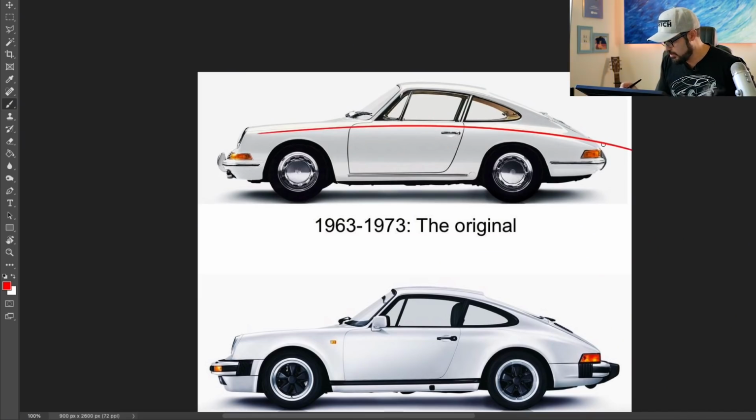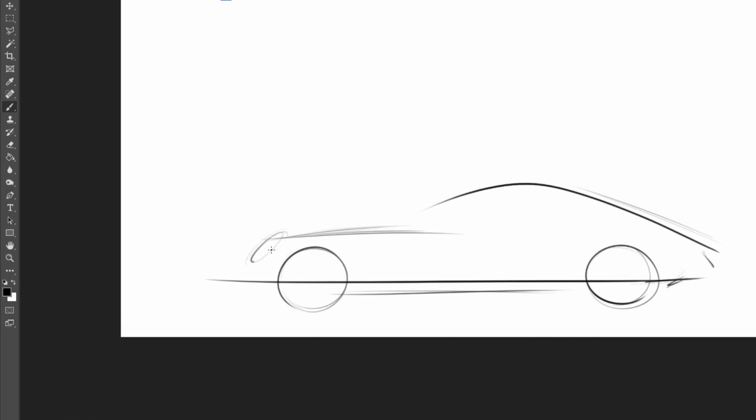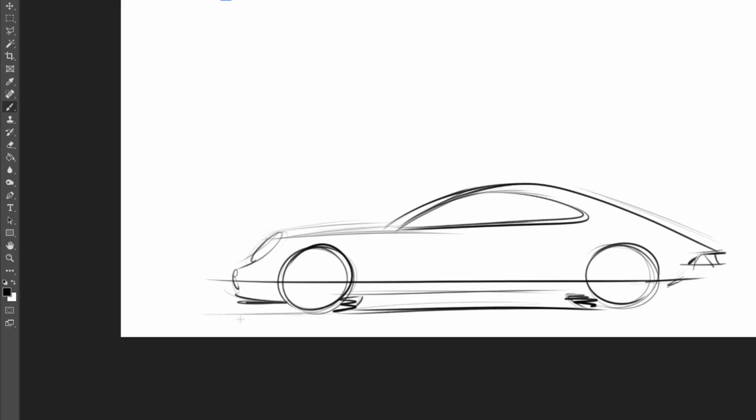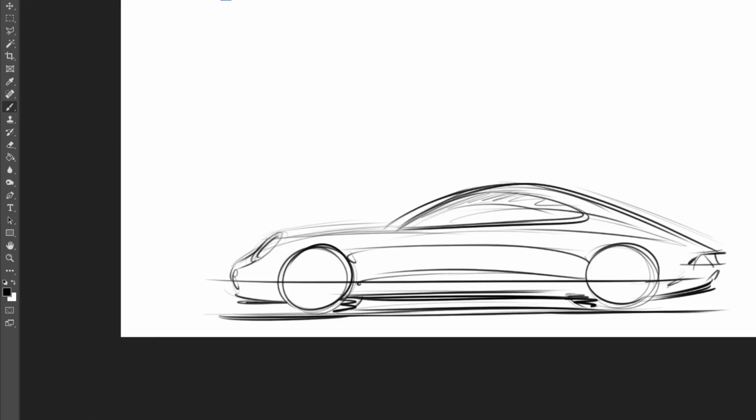So we have this line right here, and then we have, of course, the greenhouse going something like this, and the baseline. So this is a traditional style of what a Porsche 911 is. The fact that Porsche basically only uses 3 lines to design the 911, all from the 1963 model up until today, it makes for a very